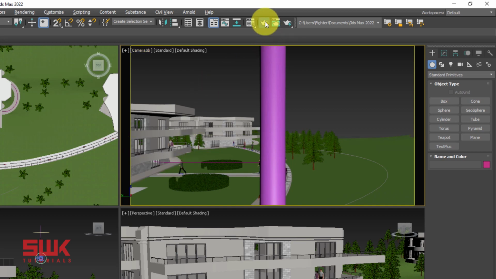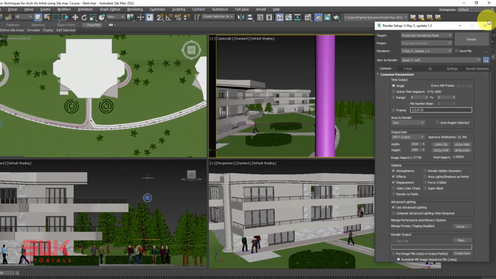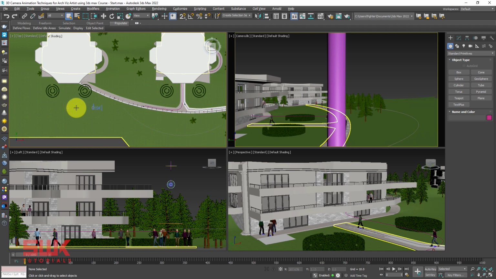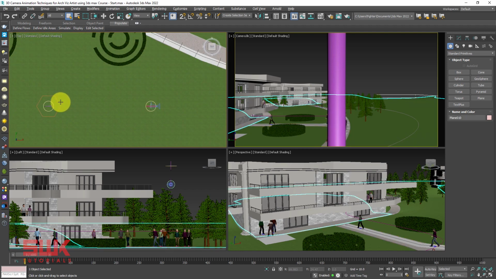Click on Render Setup and select your output size. I am using 1920 by 1080 because I want my final render to be 1920 by 1080. Then select your main controller. Sometimes it becomes difficult to select these controllers and instead we select other objects.